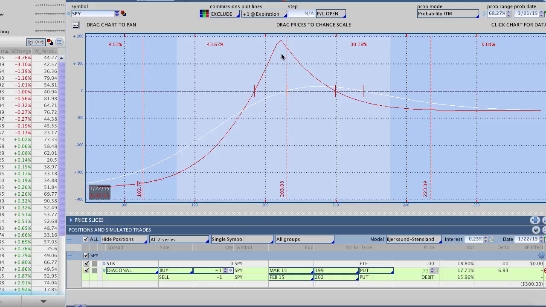Now you can see the stock is trading right at 203, so ideally we would make money somewhere between about 199 or so and about 210. That's kind of our break-even points on this trade as it stands right now. Now if the stock continues to move much higher as it rallies higher, you can see that our loss differential is much lower with a put diagonal spread than it is with just a basic calendar spread